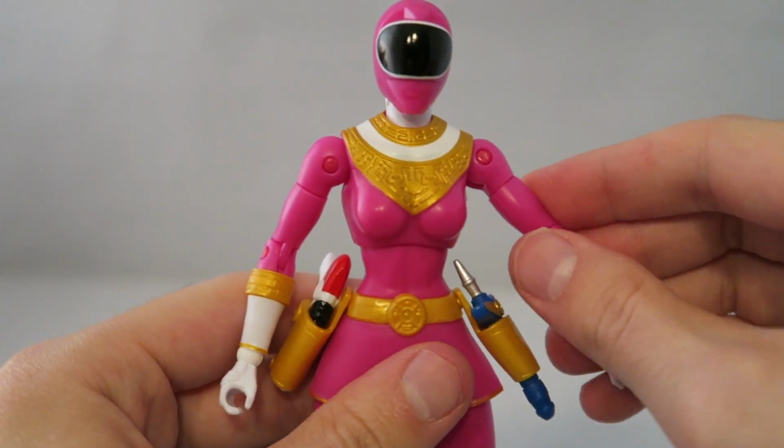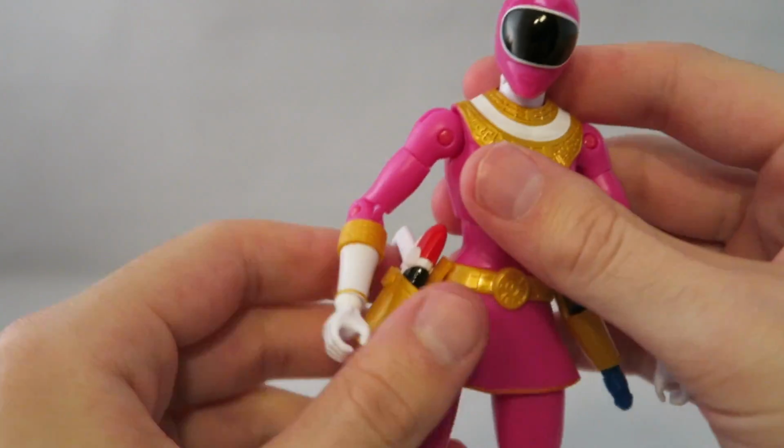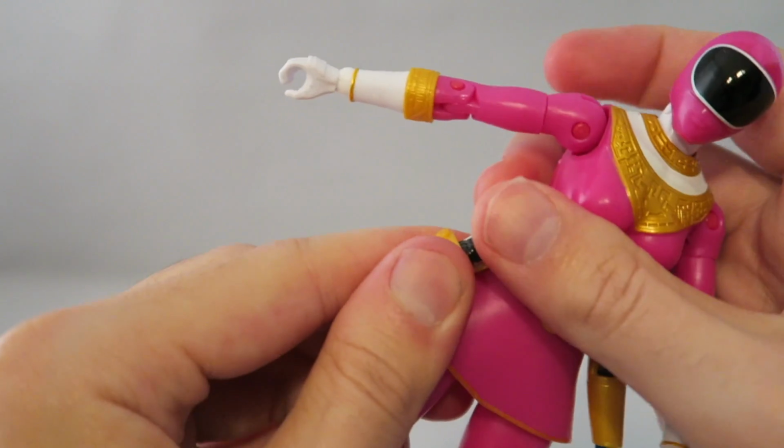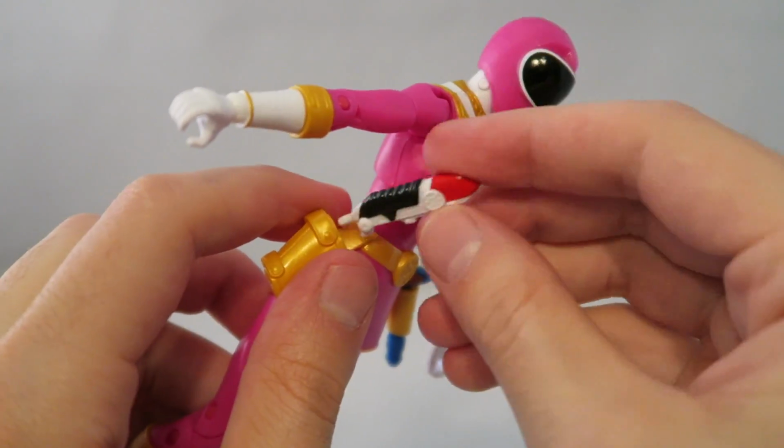That's actually happened with some Dragon Ball figures for me too. But then nice little head articulation here, so pretty well articulated. As for accessories, she comes with the 2 holsters, which you have to put in, and then you got the blaster and baton, and like we know by now, par for the course, they only come with basically the sidearm